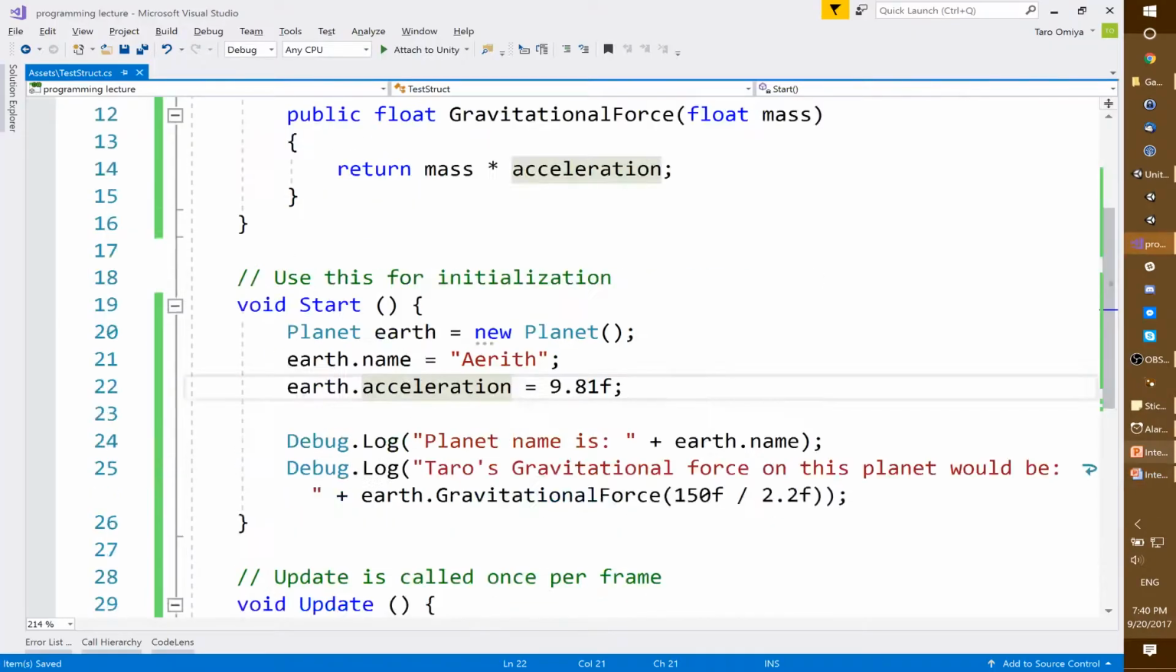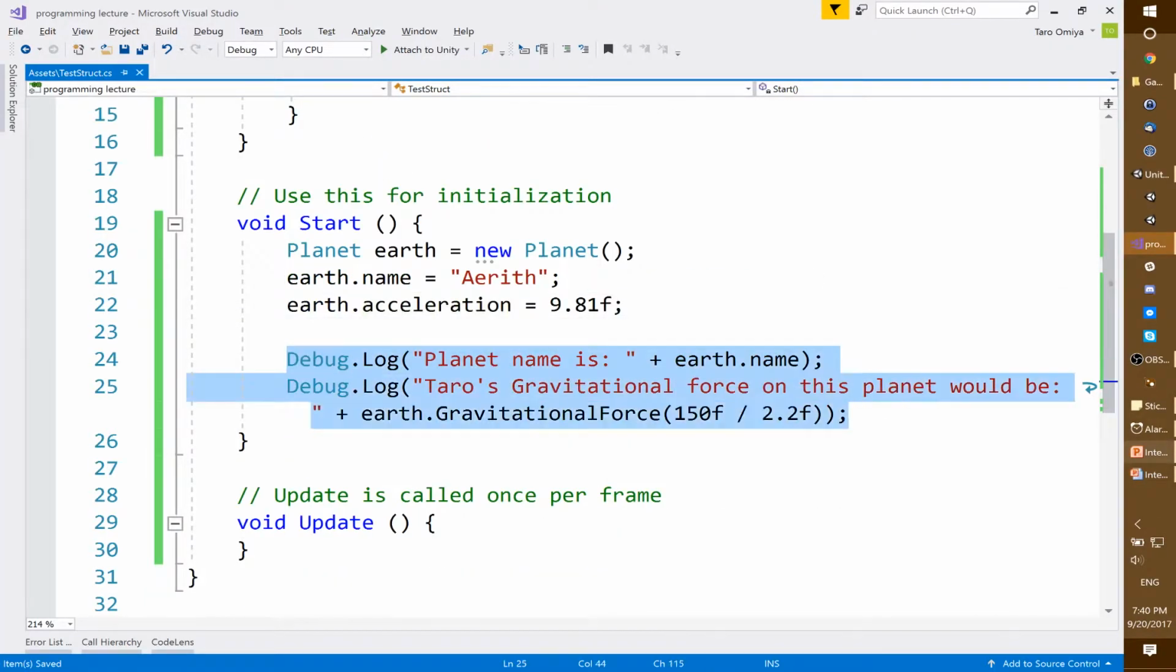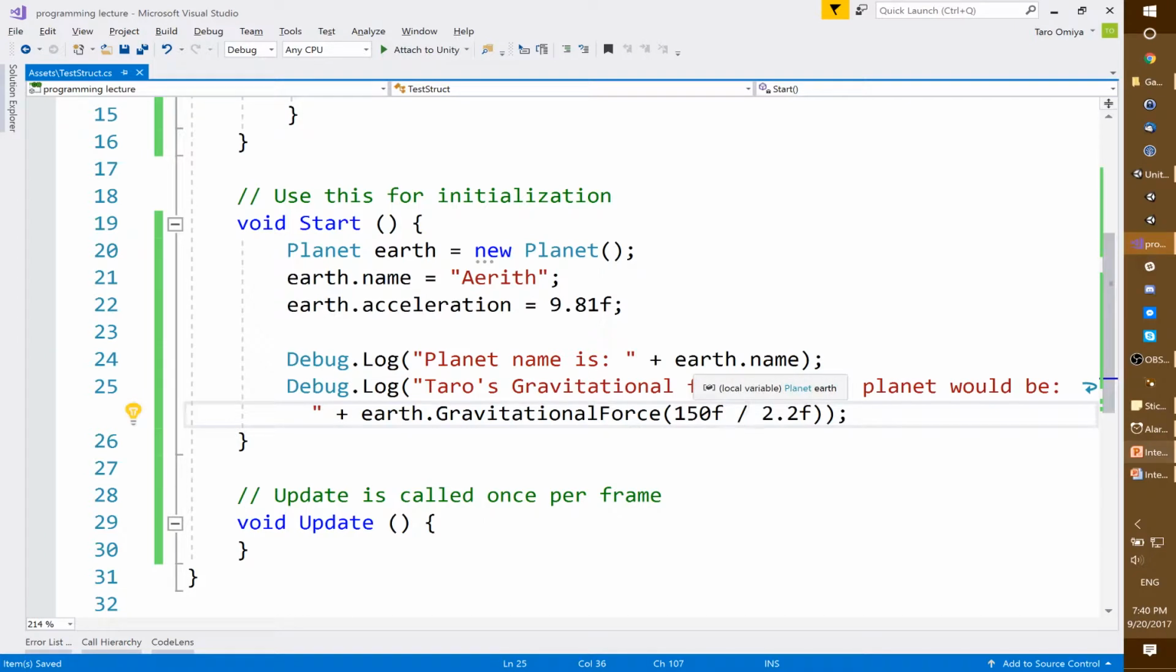Finally, these two debug lines right here. What I'm doing in this case is for Earth.name, I'm recalling, as in, remember each variable allows you to store and recall that stored information. I'm recalling Earth.name here, and I'm appending it to this text planet name is :